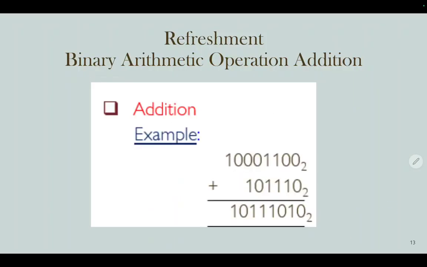So this is another example. 0 plus 0 equals 0. 0 plus 1 equals 1. 1 plus 1 equals 0 carry 1. 1 plus 1 equals 0 carry 1. So 1 down here going up here, going down here. So 1 plus 0 equals 1. 0 plus 1 equals 1. So 0 coming down 0. 1 coming down 1.